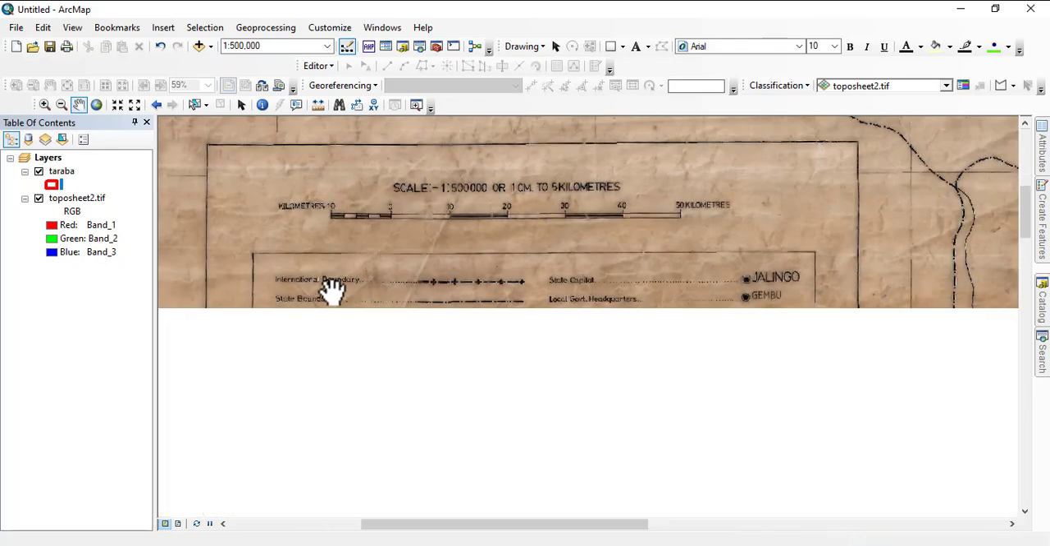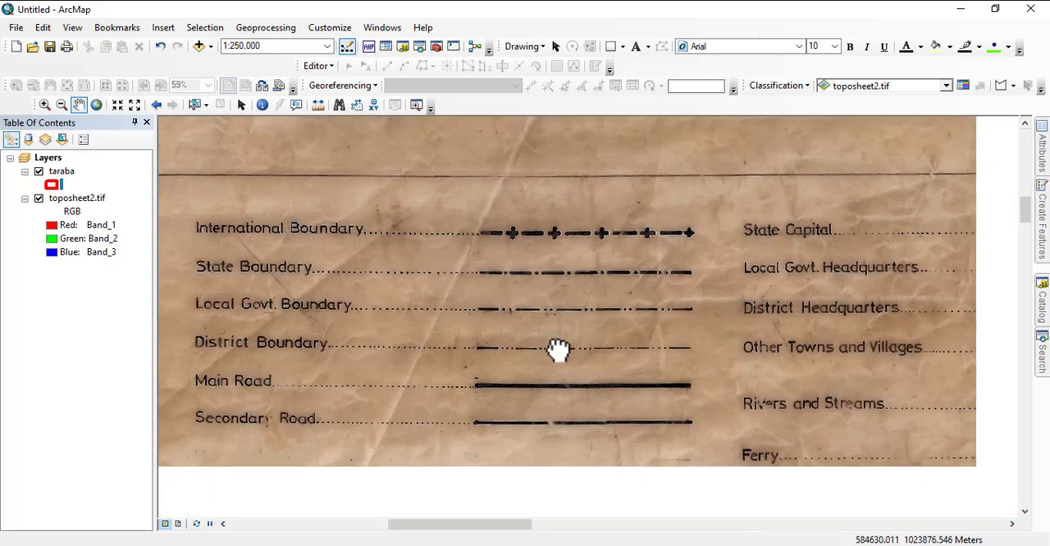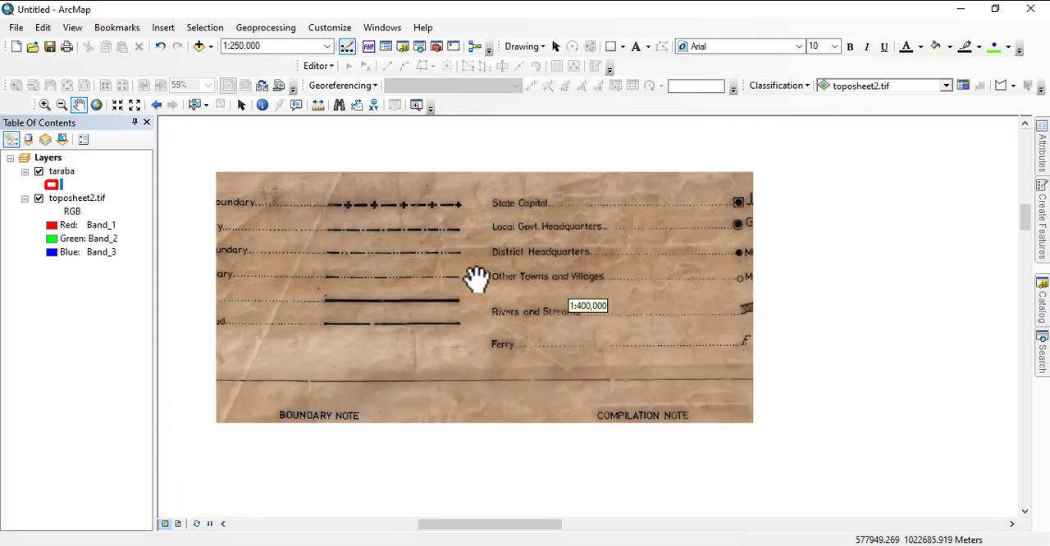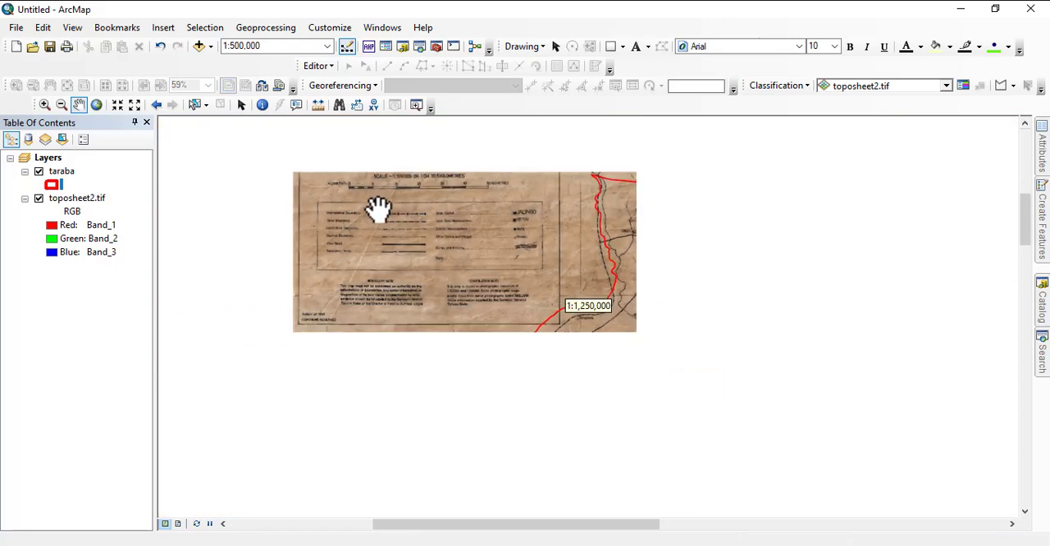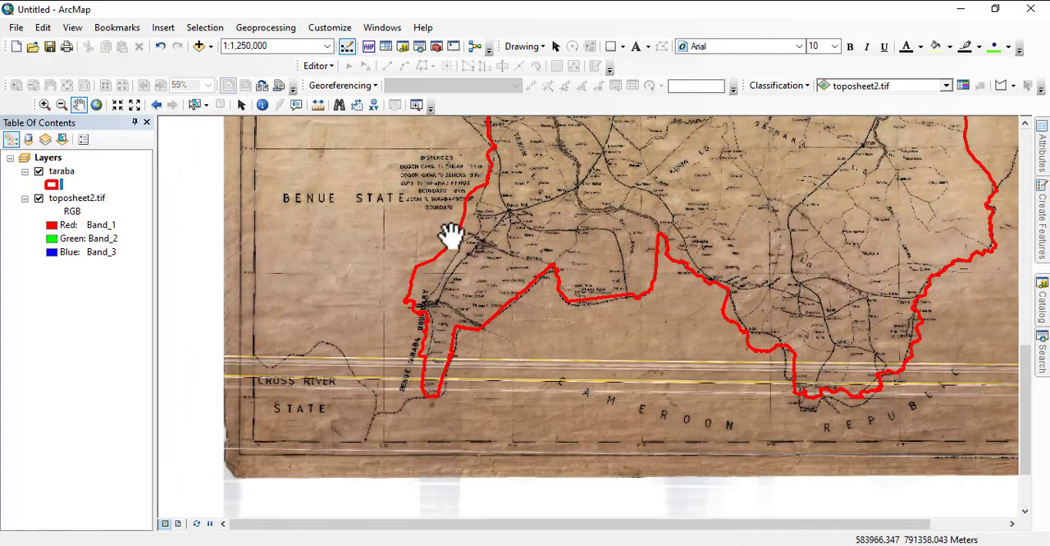All right. So if you look at the legend here, we have international boundary. Wherever you see international, you will see that it has this plus sign. And then we have state boundary with a dot in between, just one dot. The local government boundary has 2 dots, and then the district boundary has 3 dots. Okay, so what we want to extract from this map is the local government,